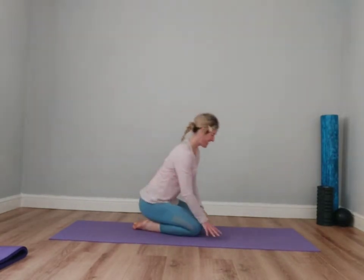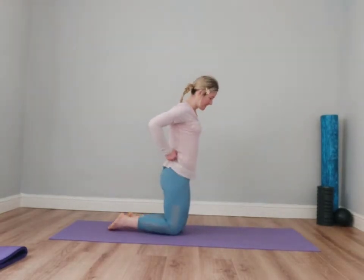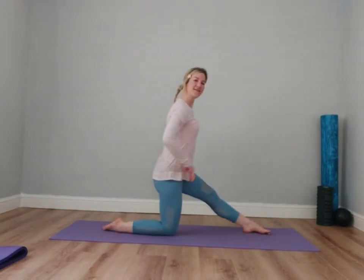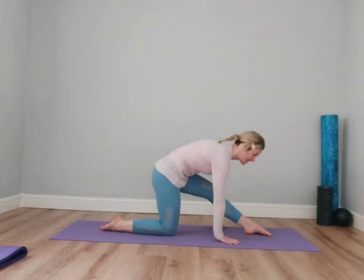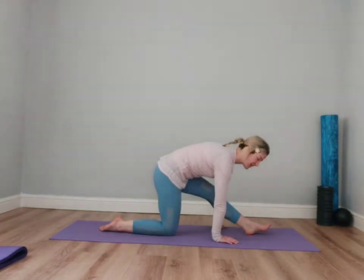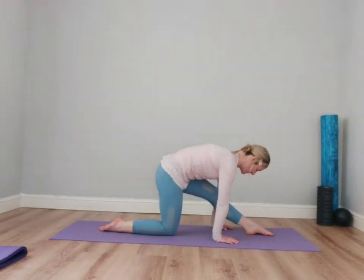So from here, we're just going to bring your right leg in front of you. So bring your right leg in front and we're going to lengthen. So we're going to do a modification of the pyramid pose. So you can stay here, you're going to press off the mound of the big toe. So hold in this position,